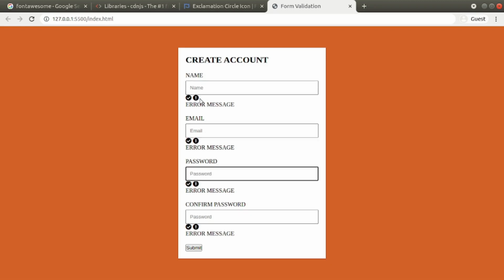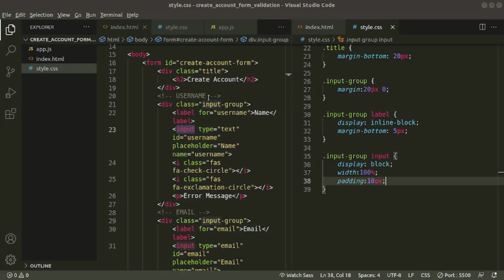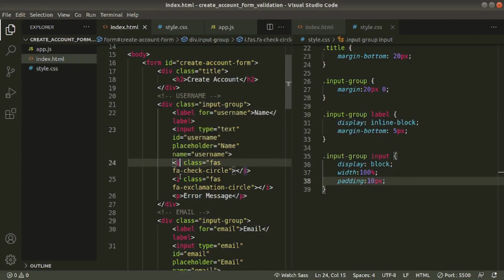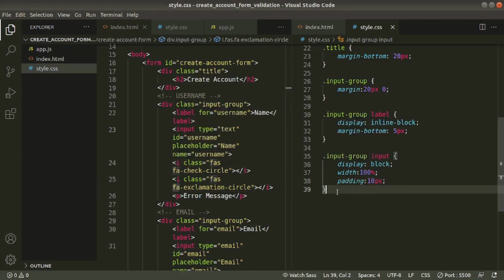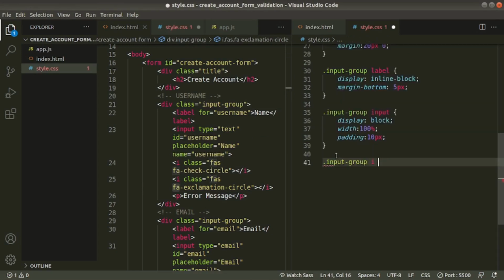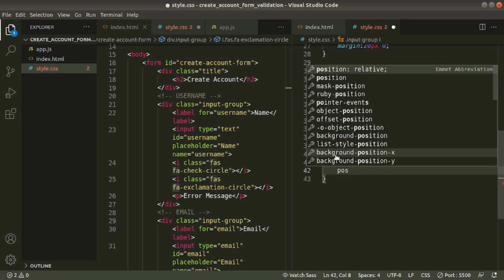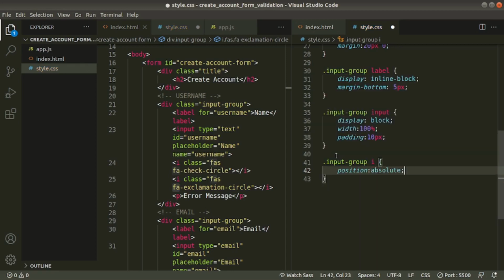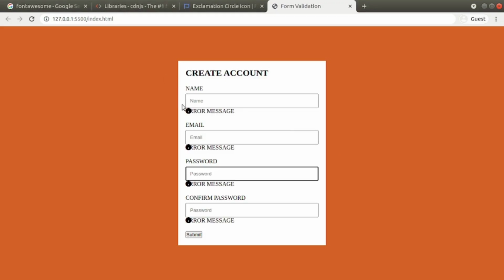Later we have icons. We'll style these ones. These icons, okay, this one and this one. We'll give position absolute. Go to the browser. See, these icons are two, but one is on top of another one. Now we gave position absolute because inside its parent we can move anywhere we want if we give the absolute position.